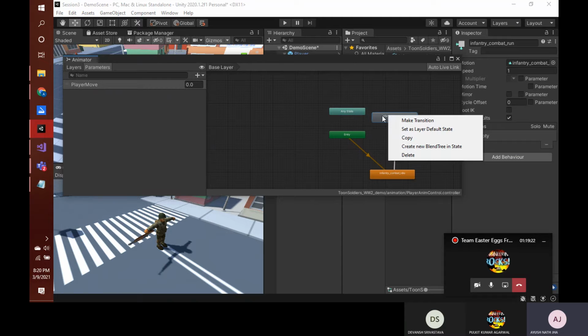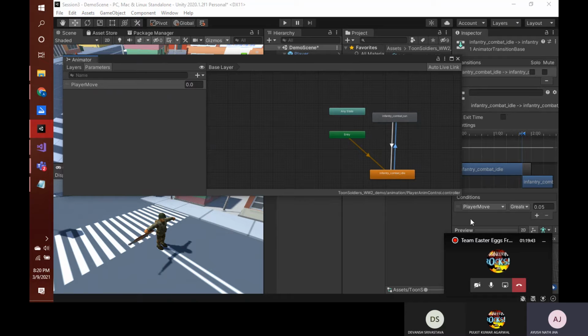And then once this starts running, we also want to make it come back to idle mode once the player has stopped running, right? So for that, we need to make a transition from our combat run mode to our combat idle mode. Okay. And you can see that there are two transition links, one from idle to run, for which we have set the condition for player move if the value of player move is greater than 0.05.